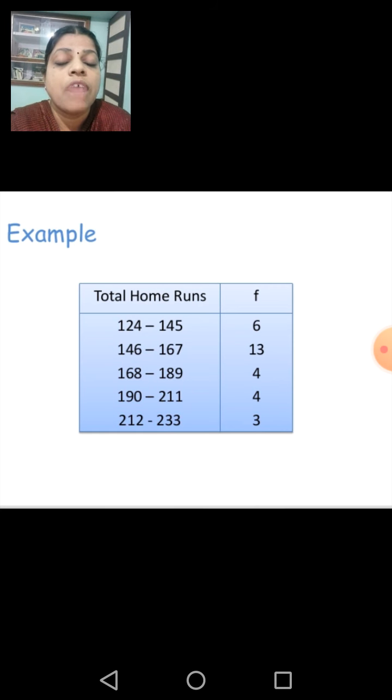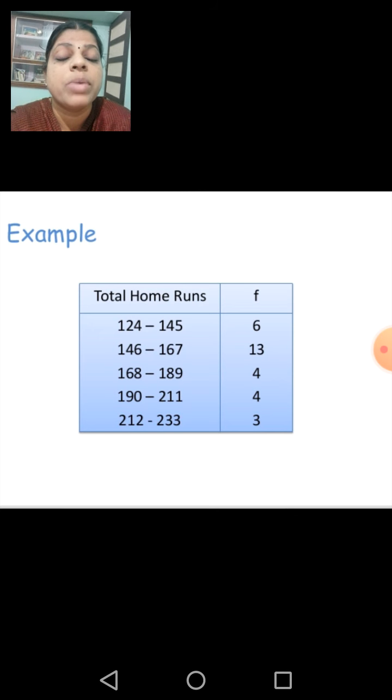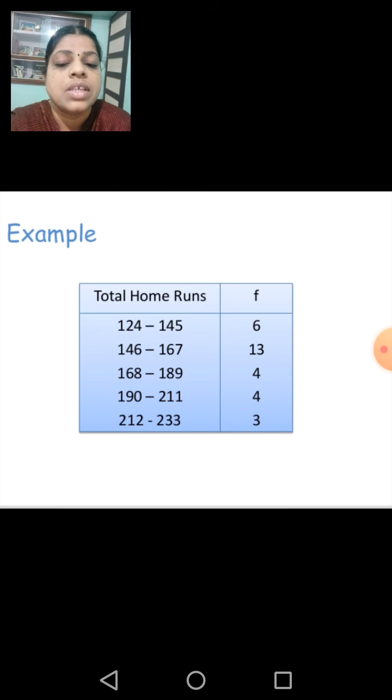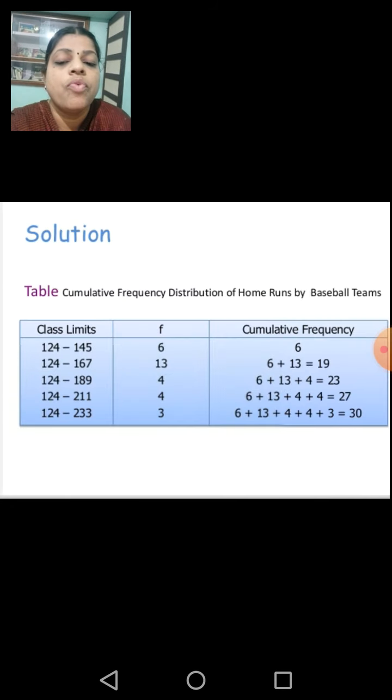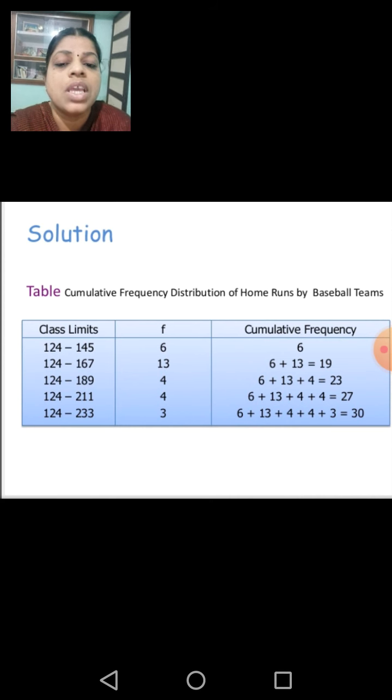And we have formed the class intervals using the 22. Yes, what was that class interval difference? Yes, 22 is the difference. We have formed all the class intervals also. Yes, and here the frequencies also we have formed. The next one, how to form a cumulative frequency using that frequency distribution table.